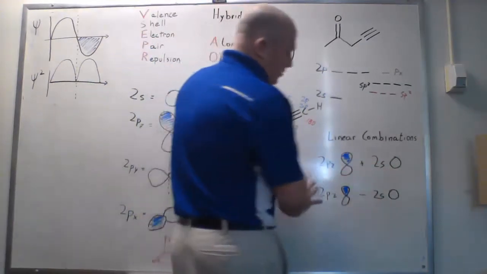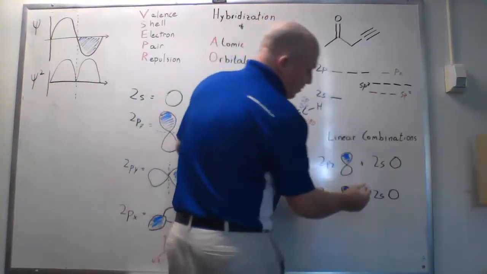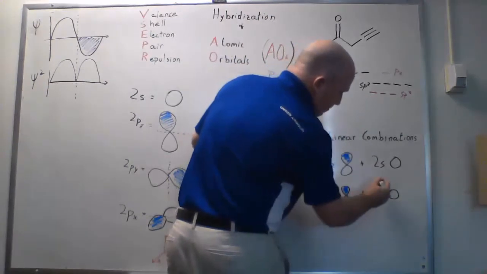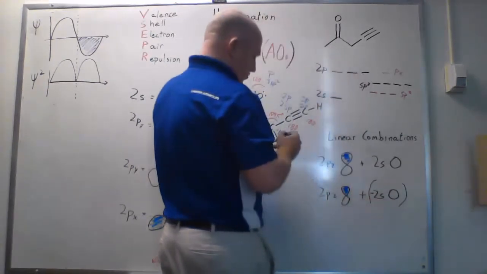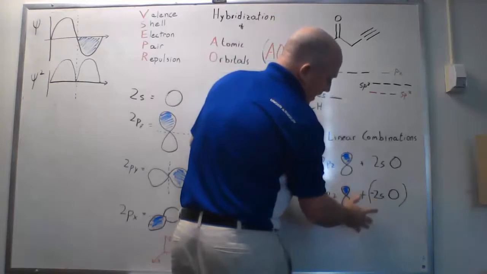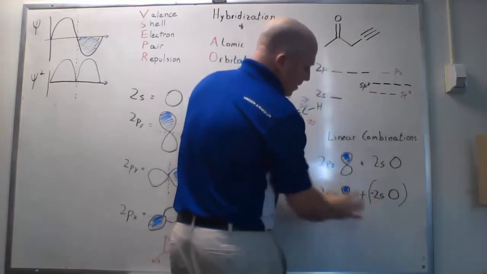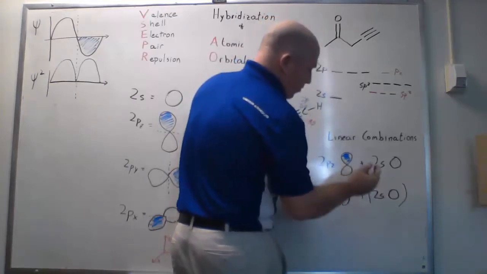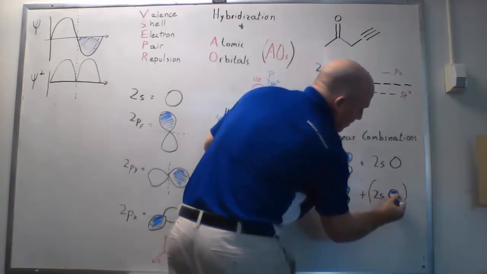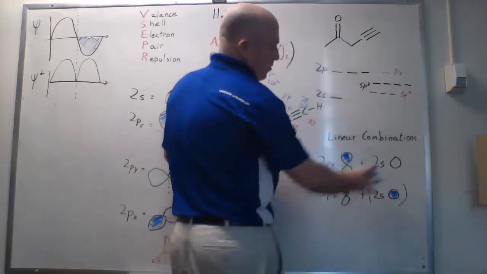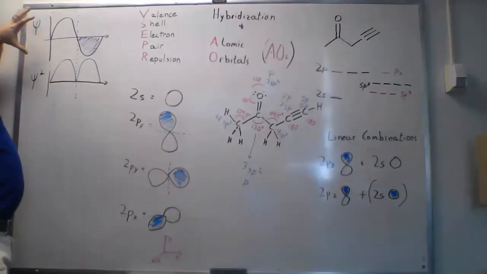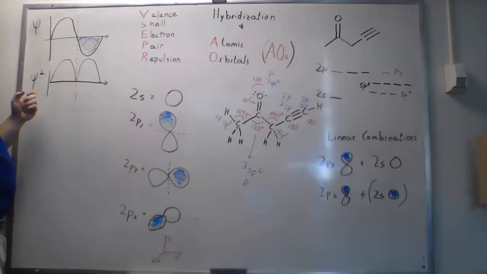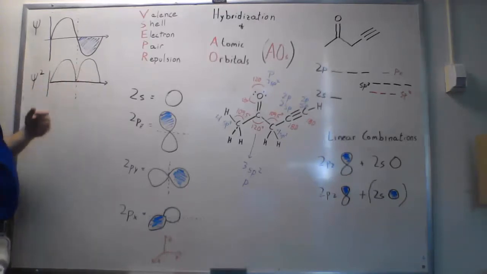But what's really going on here is that actually what I want to do is consider that to be a minus 2s orbital, or really what I want to say is that the 2pz orbital adds to it a 2s orbital with the opposite phase of the 2s orbital that I used originally. I don't want to get into the details of the functions, but what matters in quantum mechanics to some extent is this function known as psi squared,